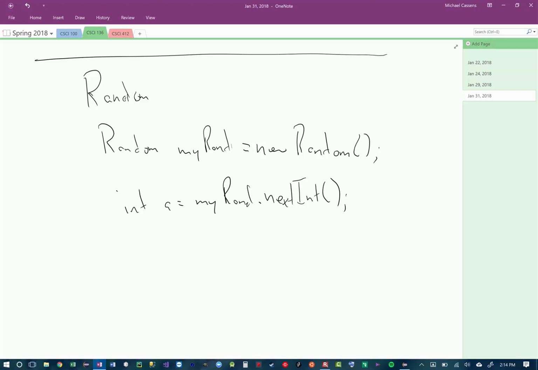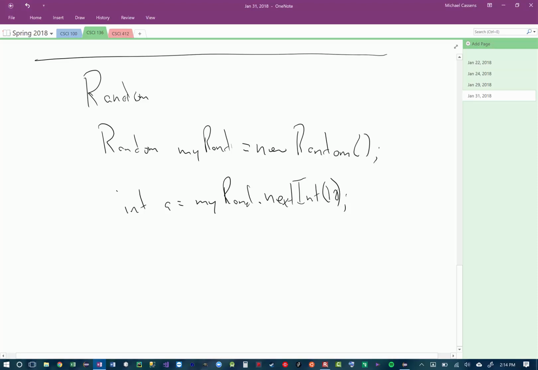Negative infinity? Negative whatever the memory allows. That's right. So negative 2 billion something to positive 2 billion something, which is fine if you want that big of a number. But if you want to restrict that number, then we put a number inside of the parentheses, like say